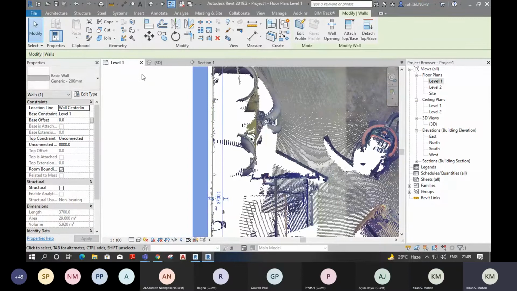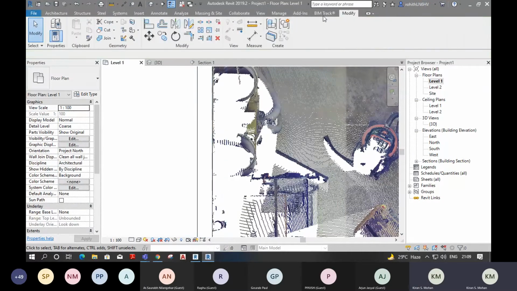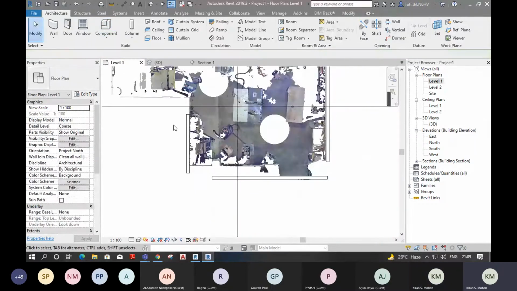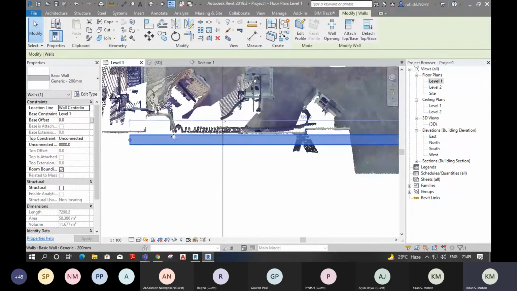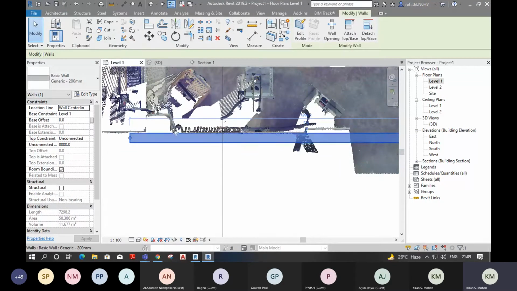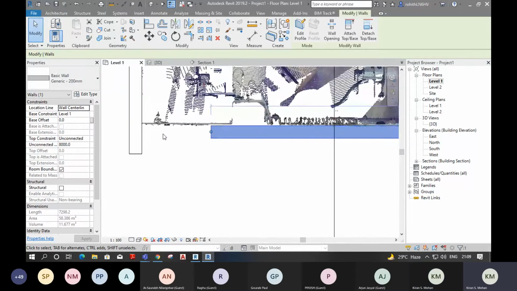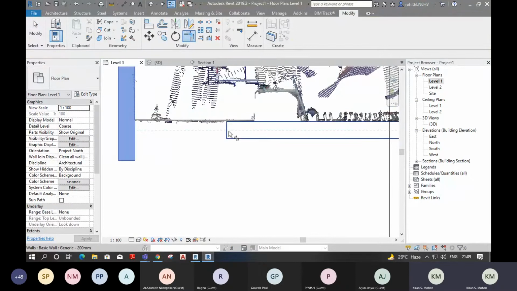Here you can select model in place, and you can use that option also. So almost aligned with this side also. Now I am trimming this. Now we can align this column.